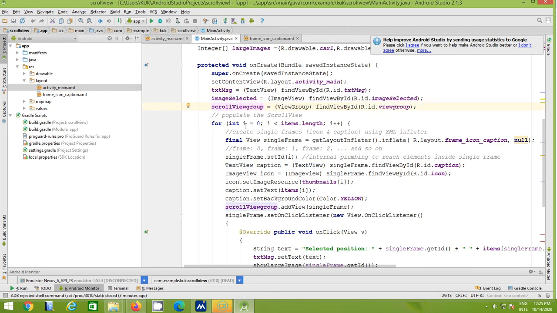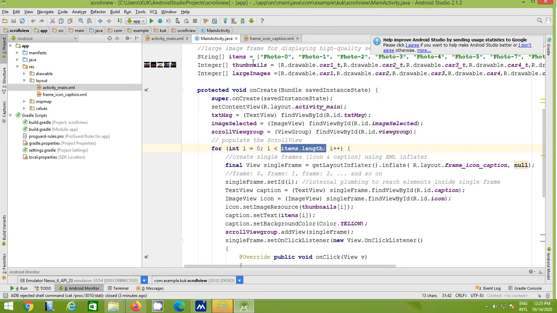First of all, there is a loop starting from 0 and depending on the length of your items. There are 8 values in your items, so our loop will run 8 times. Each time we create the frame.